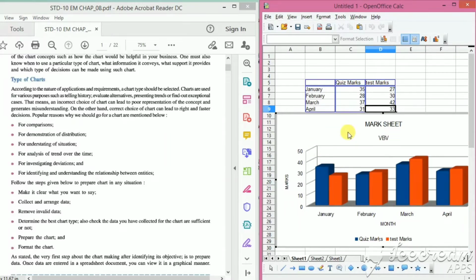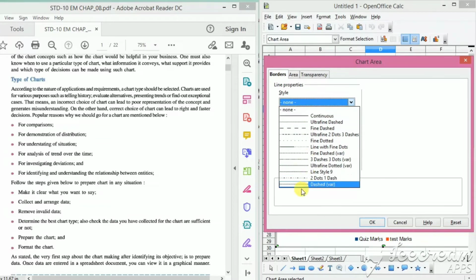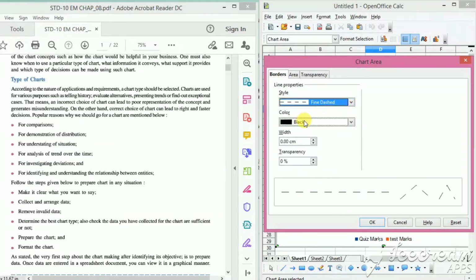Then if you want to change the background of this chart, first of all select it. See, the blue border is around the chart. Then double click on the chart. Then you can see here the border, area and transparency. If you want to change the border of the chart, select any, for example fine dash.